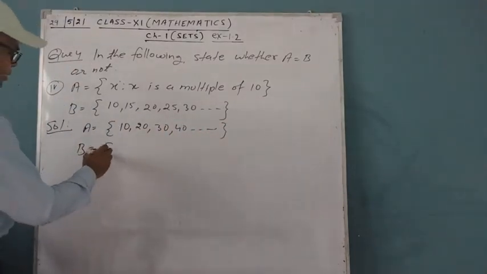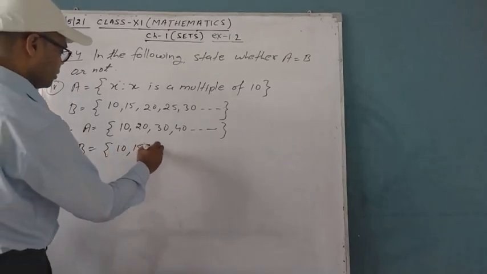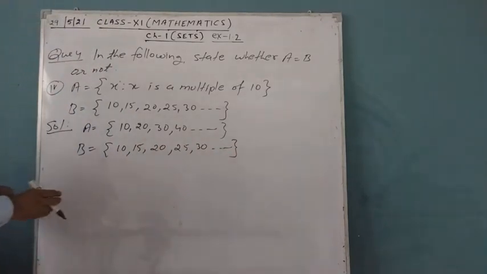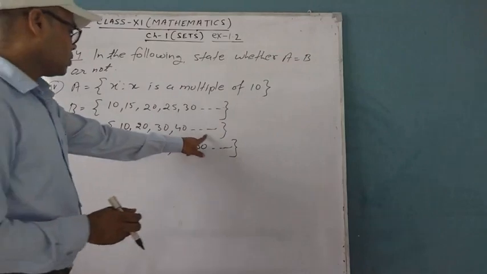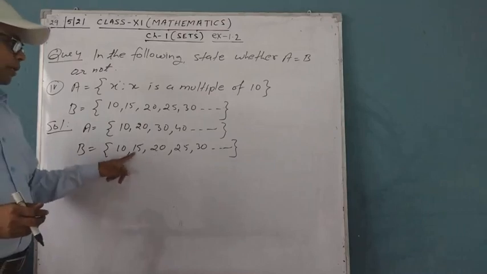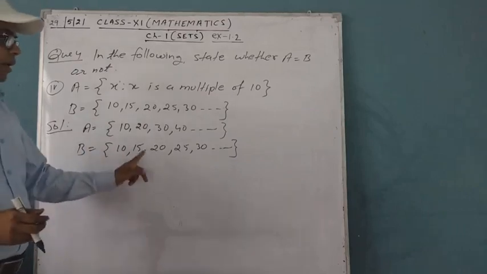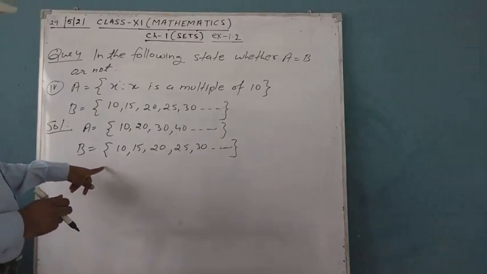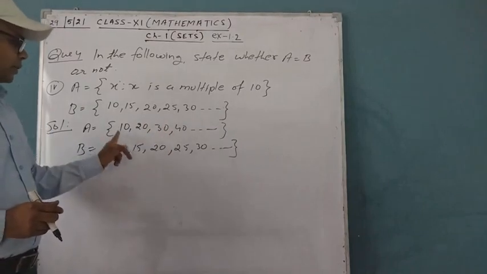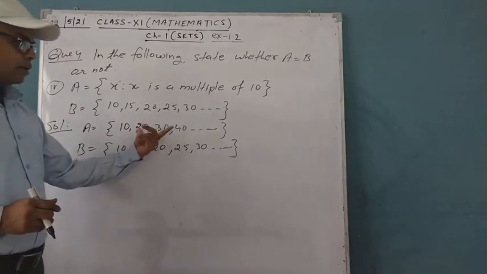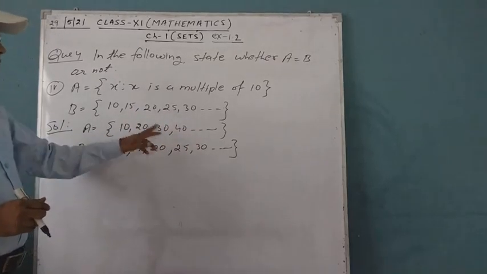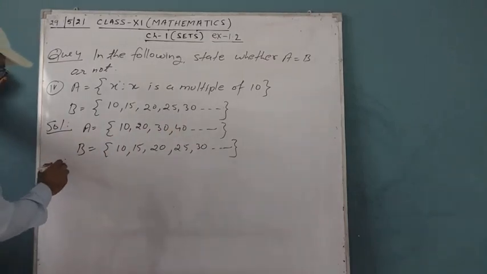And set B is 10, 15, 20, 25, 30 and so on. Now students, we can observe in set A, the elements used are multiples of 10. And in set B, the elements used are multiples of 5 और 10. 5 से भी कटने वाले हैं और 10 से भी कटने वाले हैं. So here some elements are missing. They are not present in A. 15, 25 है ना, ये सब नहीं है इसमें. यानी कि number of elements are not same. And cardinal number, it goes endlessly. So used elements are not the same. है ना?